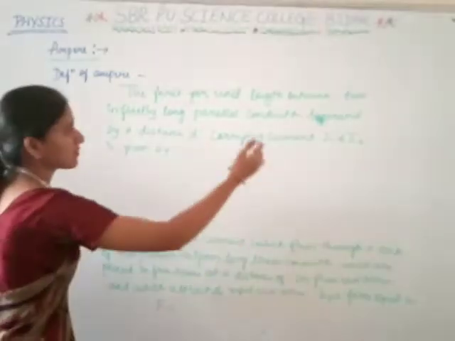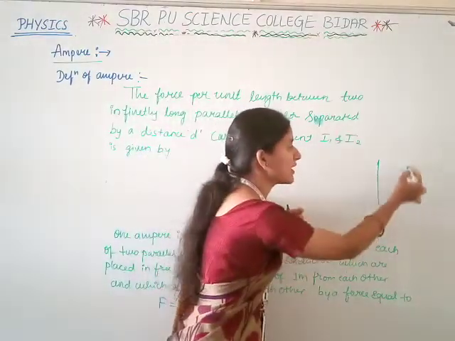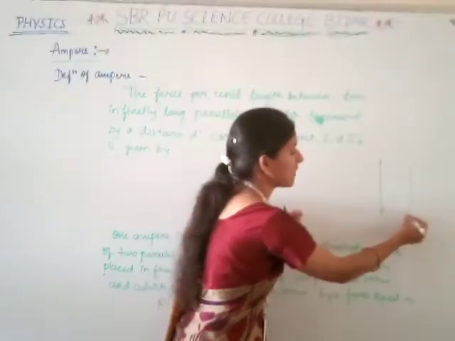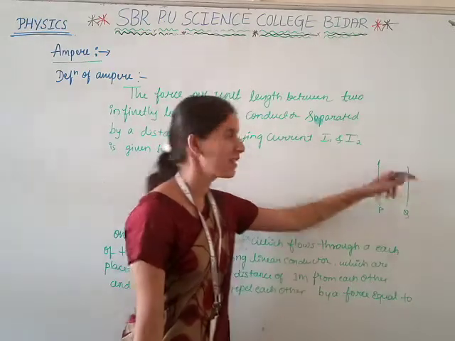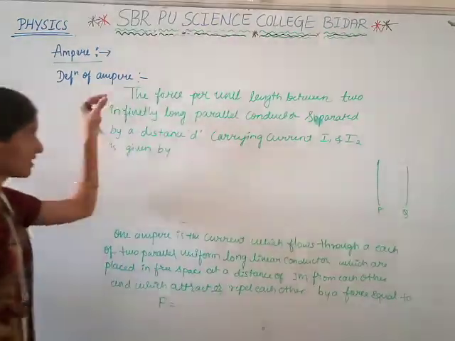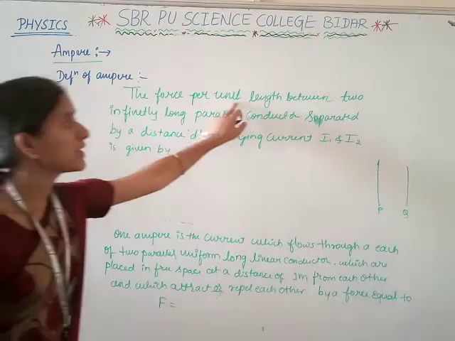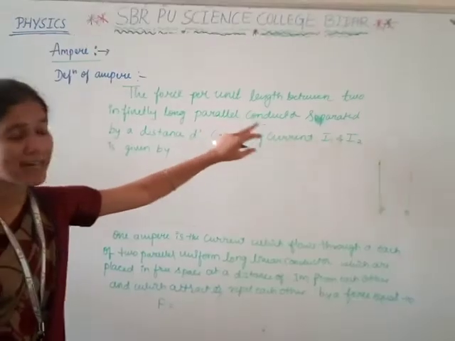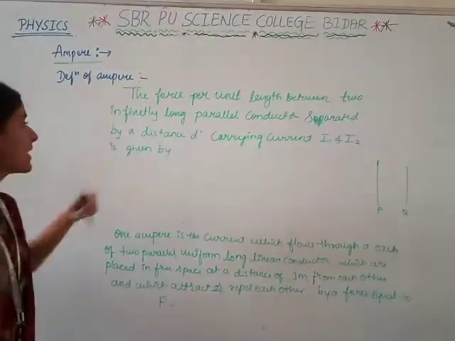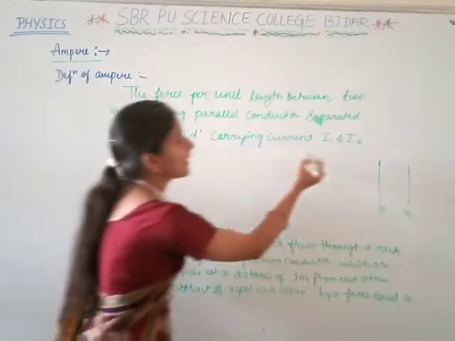Before that, we studied two parallel conductors P and Q, in which a magnetic field is produced and a force is experienced by the conductor. In the same way, the definition of the ampere is the force per unit length between two infinitely long parallel conductors separated by a distance d carrying currents